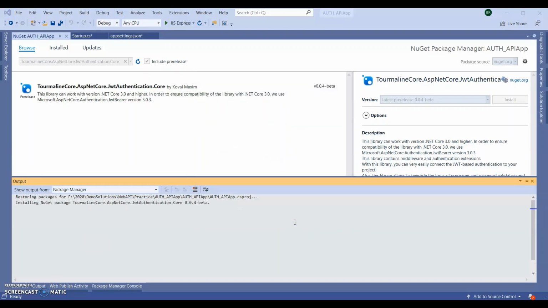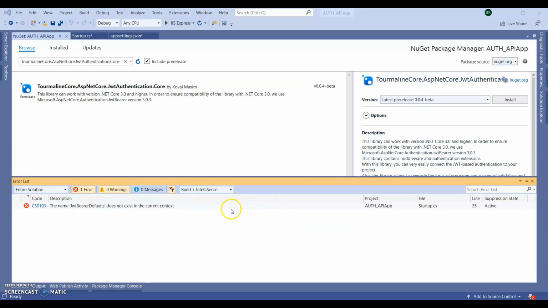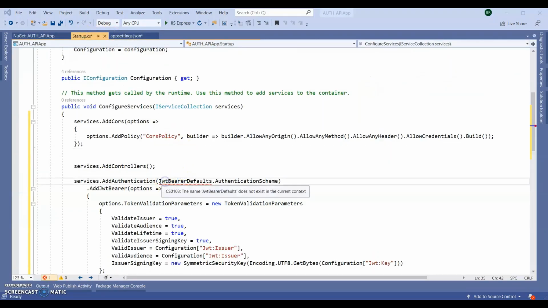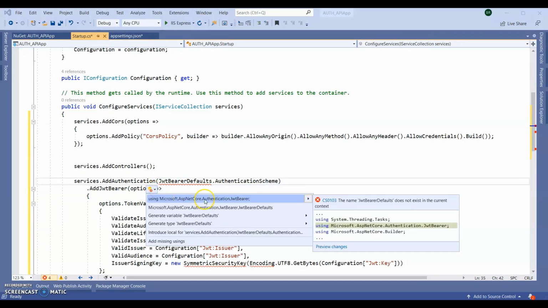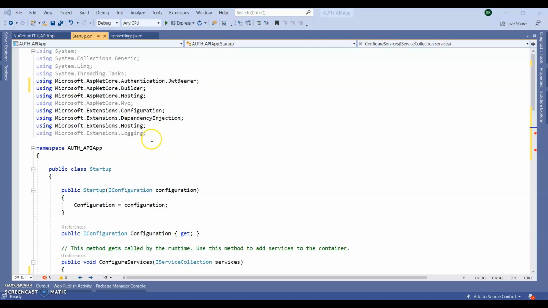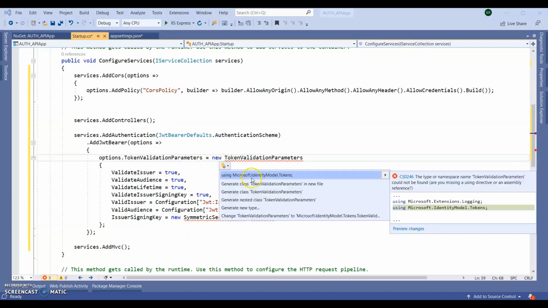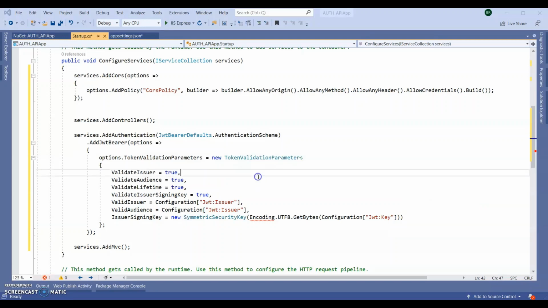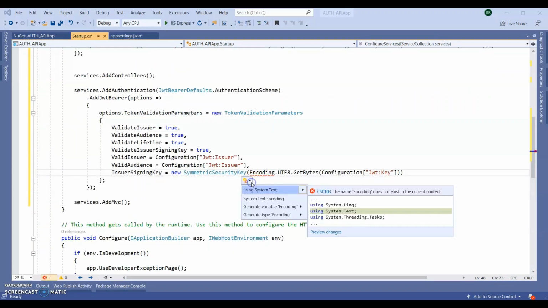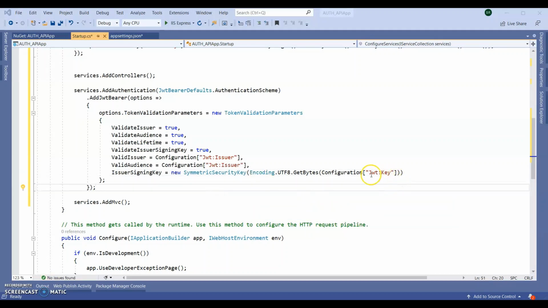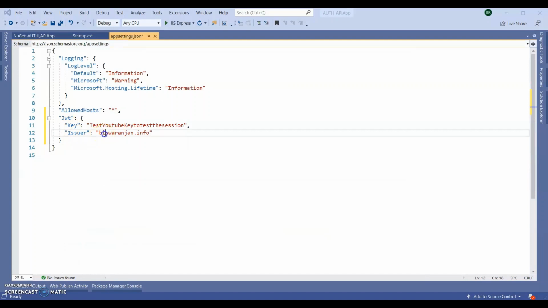Click on accept. It added one using statement, Authentication.Jwt. There is still an error, so here also we need to add some using statements, which is IdentityModel.Tokens. Encoding is in System.Text, and it is fetching the key from the configuration, which is Jwt:Key, equal to this one, and the issuer equal to this issuer.